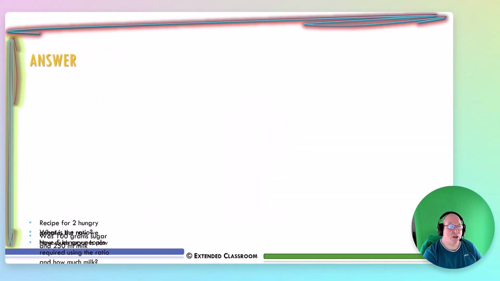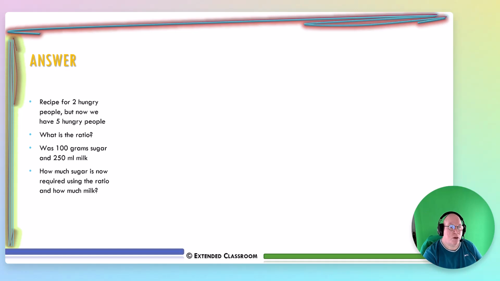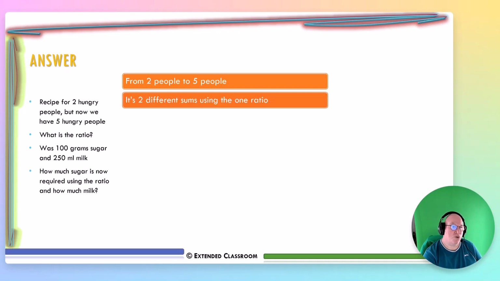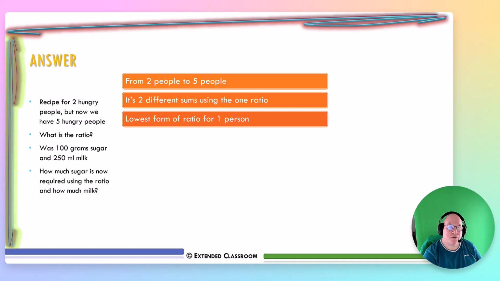Welcome back. So here's the answer. So there's the question. So 2 hungry people. So we're going from 2 people to 5 people. It's 2 different sums using the same 1 ratio. So the lowest form of the ratio for 1 person